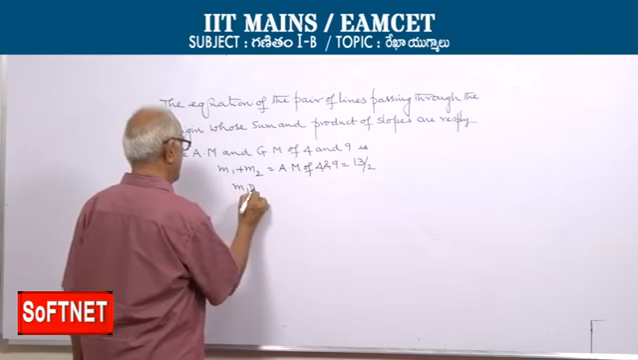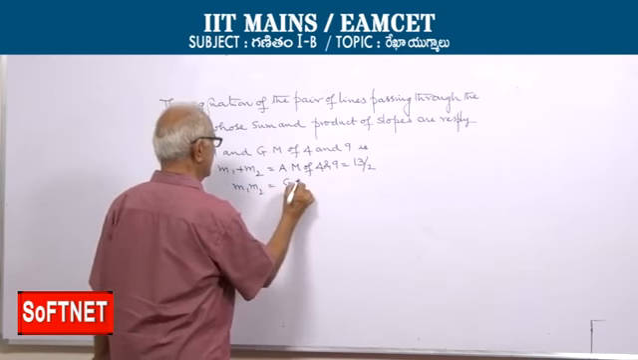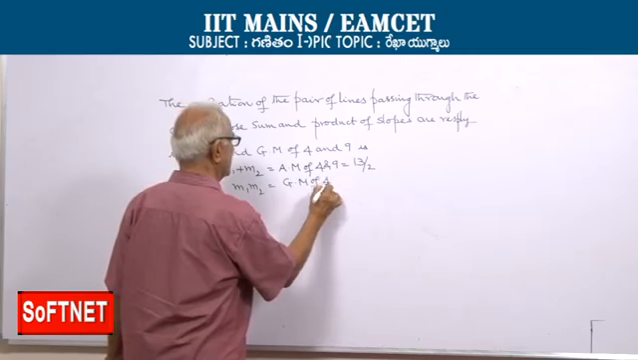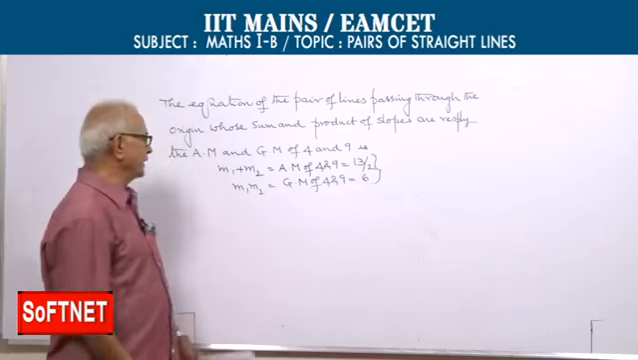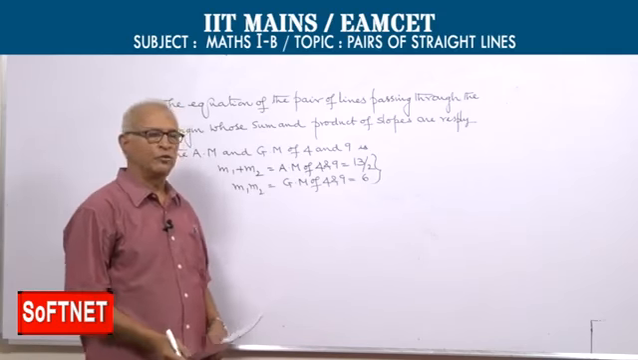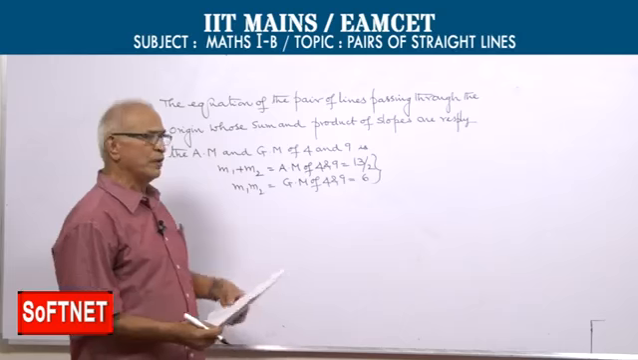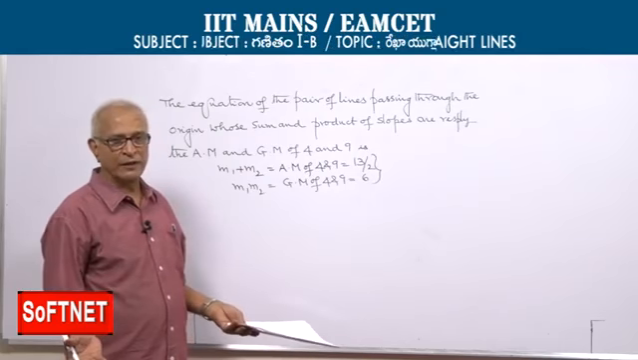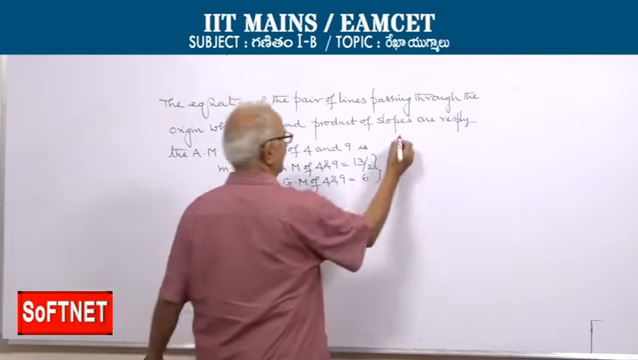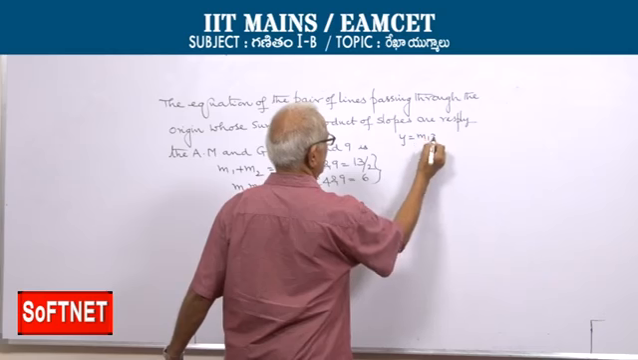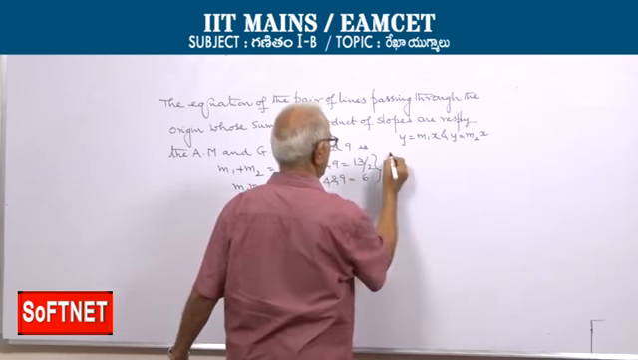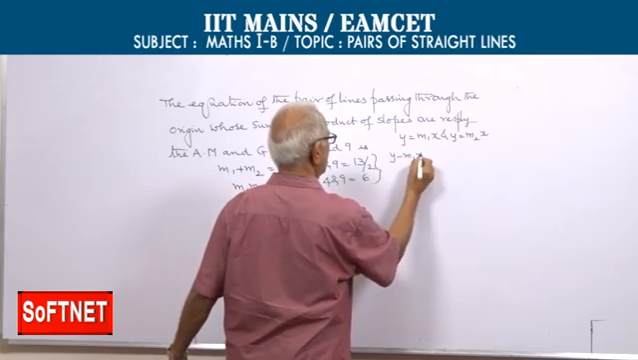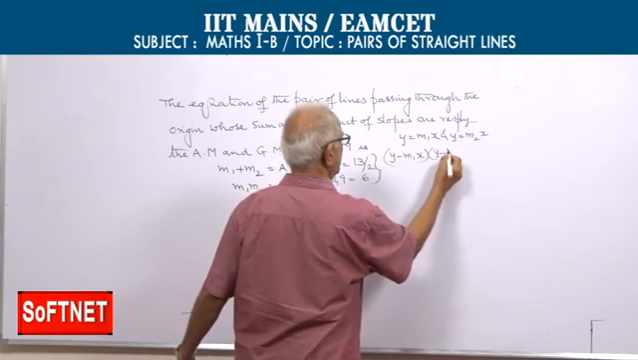Product is the geometric mean of the same two numbers. The root of 36 is 6. So with these values for m1 plus m2 and m1 m2, what is the equation of the pair of lines passing through the origin? The lines are y equal to m1x and y equal to m2x, with slopes m1 and m2. So, the combined equation is y minus m1x into y minus m2x equal to 0,